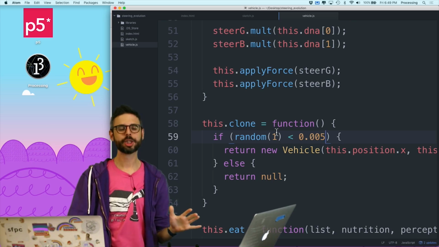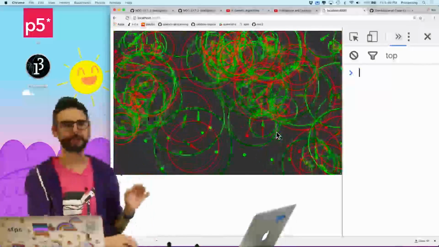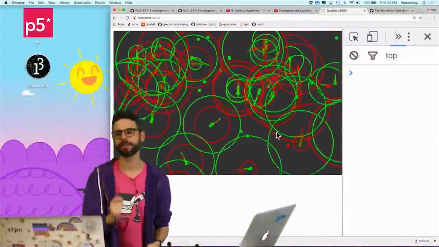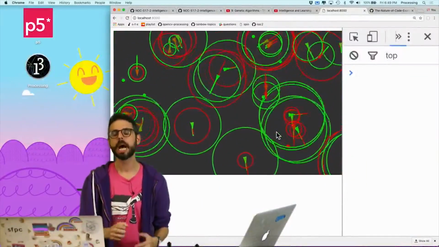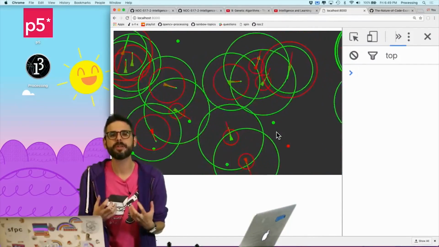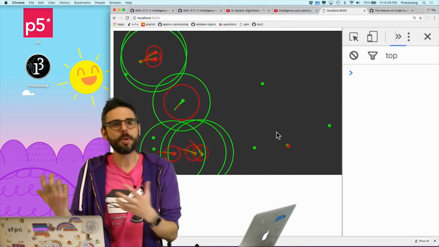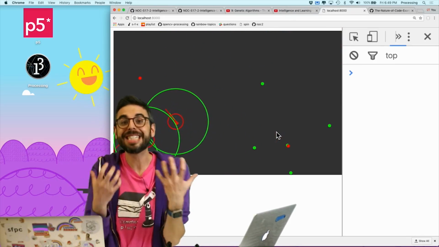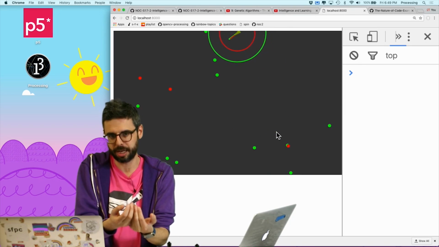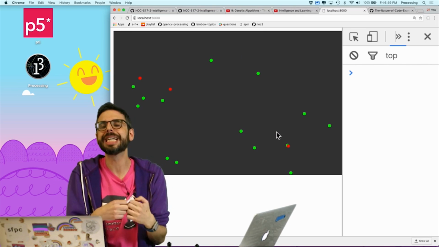All right, so I have one last thing to add. One thing that doesn't happen: there is no mutation right now. And mutation is a key aspect of an evolutionary system, because what if the initial population doesn't have enough variety, and the optimal thing that we're searching for is not there in the initial population? So as these elements clone themselves, if they adjust their properties a little bit, we can introduce additional variation.